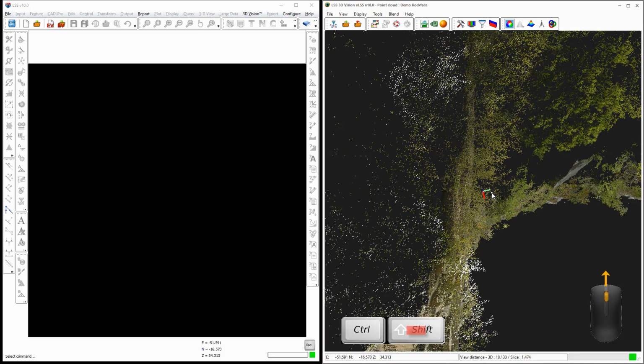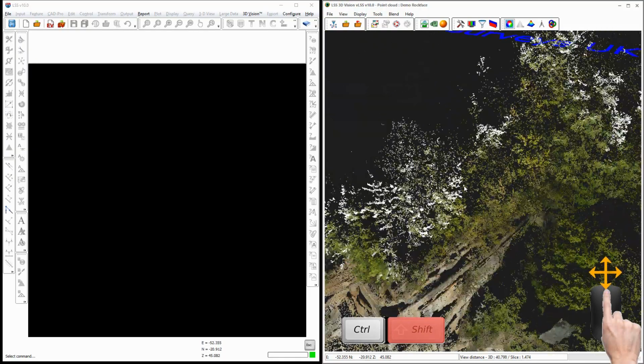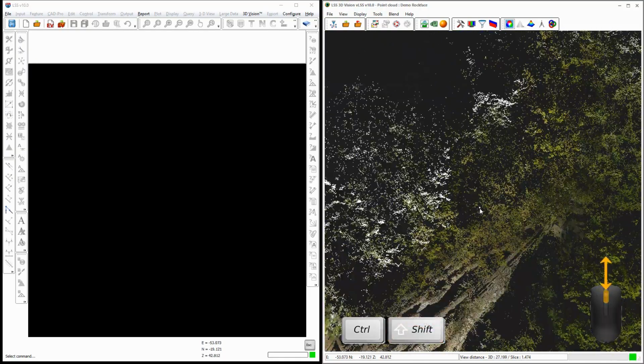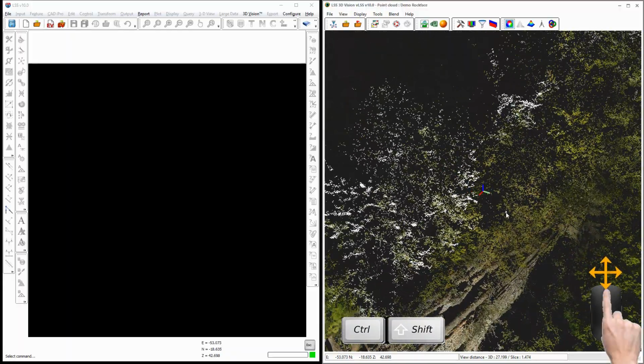So, Shift key down, press and release the left mouse, zoom in with the wheel. Hold the Shift key down again, hold the mouse wheel down, and now rotate. Mouse out, mouse in. Mouse on its own, Shift key,